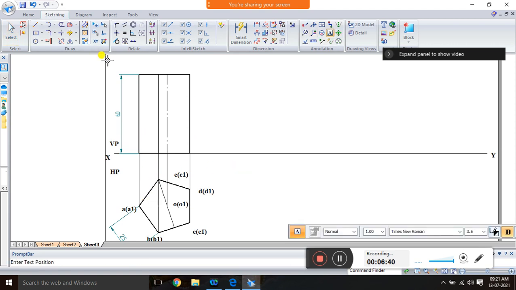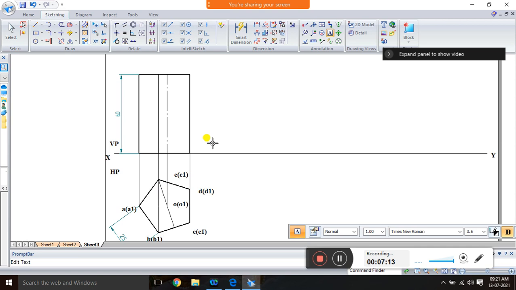If you see from the front, you can see A1, you can see B1, you can see C1. At the same time, you can see A, you can see B, and you can see C. And so it is a front view, so you have to mention it with a dash. So A dash, B dash, C dash visible, A1 dash, B1 dash, C1 dash is visible, and the rest E1 dash is not visible, D1 dash is not visible, and D dash is not visible, E dash is not visible, and at the same time O1 dash and O dash both are not visible.